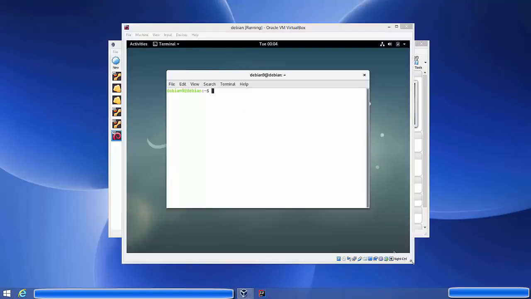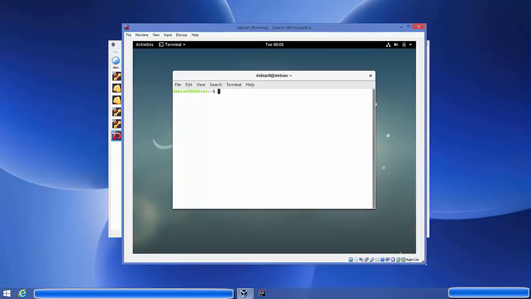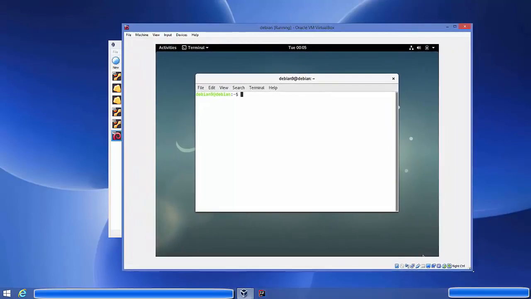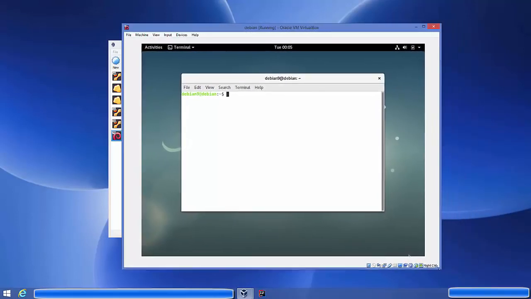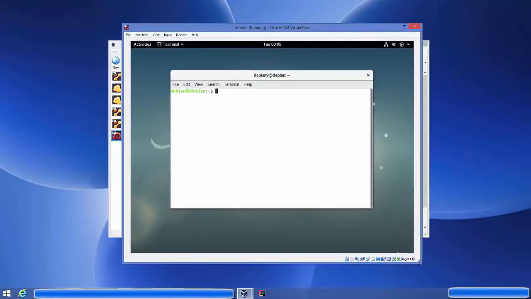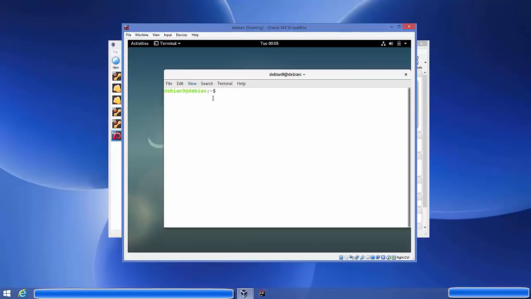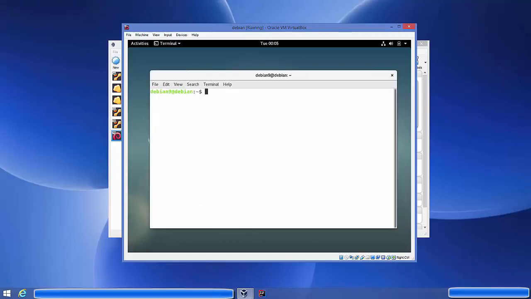So first of all we will check whether this Debian is resizing when we resize our virtual machine or not. So it's not resizing. That means we need to install the VirtualBox guest additions. So for that we need to run some commands in the terminal. So I'm going to just zoom in a little so you can see these commands, and I'm going to give